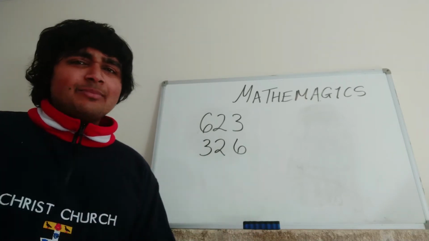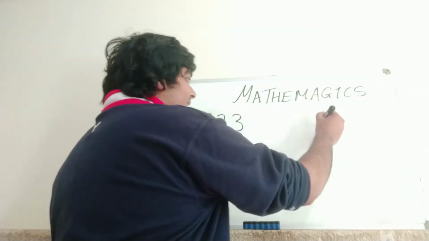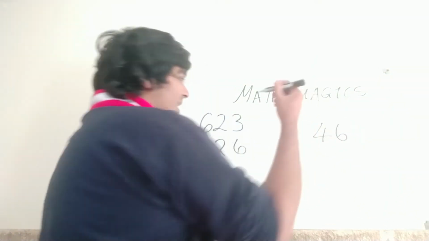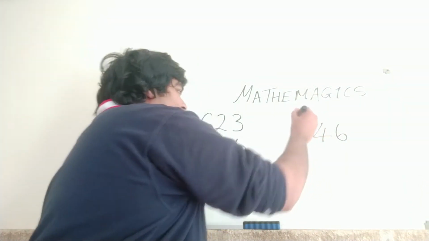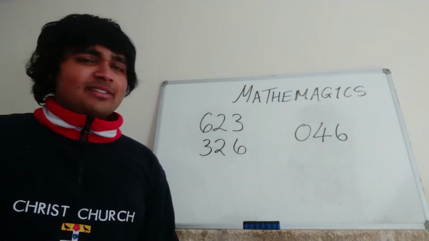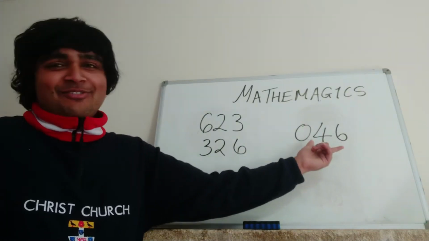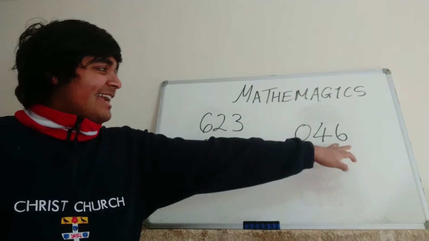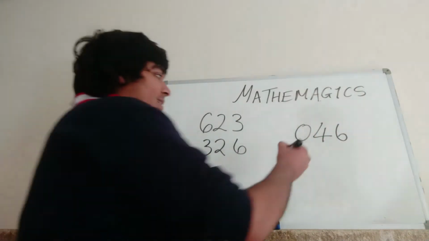Basically, we want it to be a 3-digit number. So if it is a 2-digit number, say you get 46, for example, the way we're going to make it a 3-digit number is just by putting a 0 in front here. Okay, so it doesn't really change anything, but we're just putting a 0 in the hundreds column. Okay, so we now have a 3-digit number, or an artificial 3-digit number in my case. Okay, and then what I want you to do is reverse the digits of that. So in this case, I get 640,